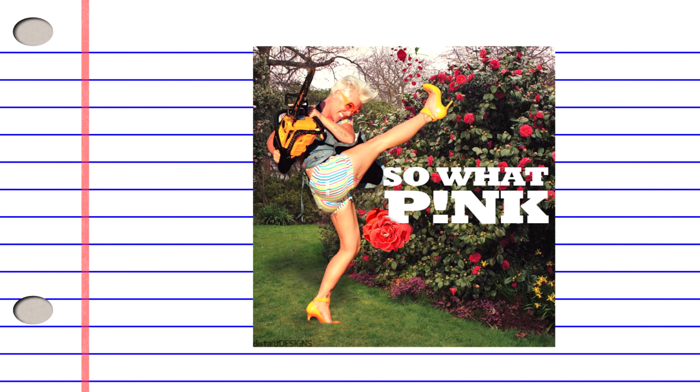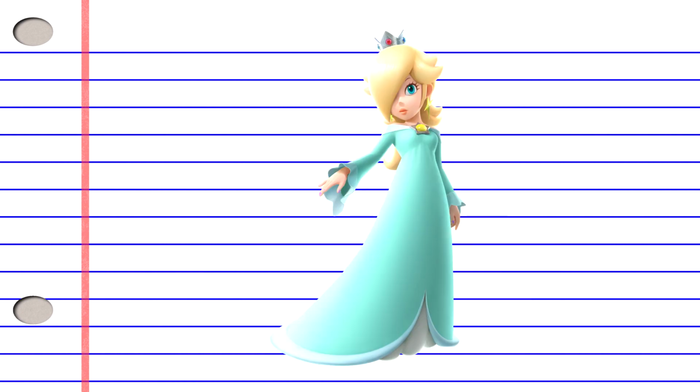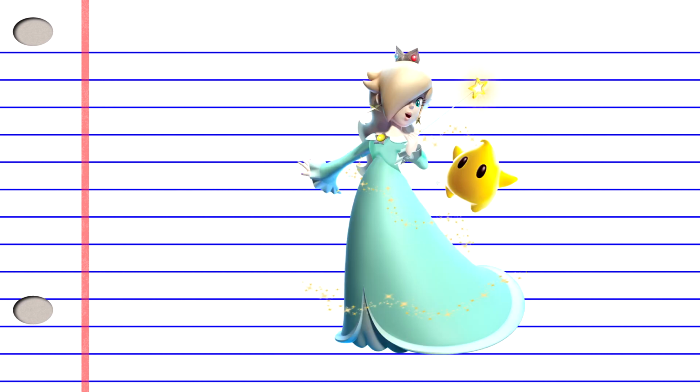When creating a character, the question I inevitably want to hit is, so what? What does this mean? What now? You may think I was looking too deep into the Rosalina thing, but let's take the same approach to her, shall we? We need a character who's a helpful guide and a mother to cute little star children.